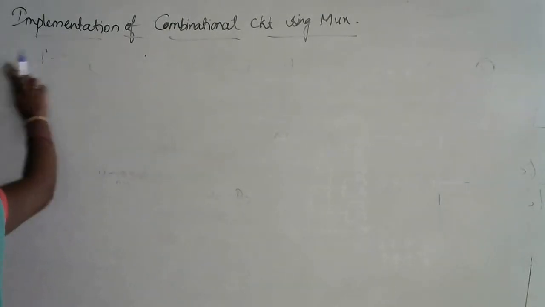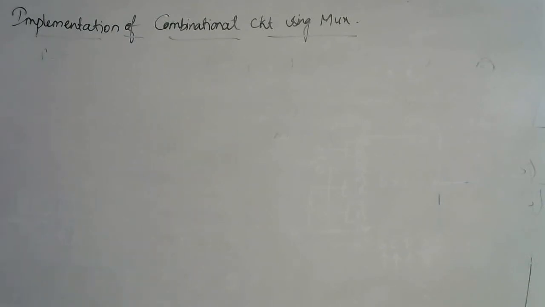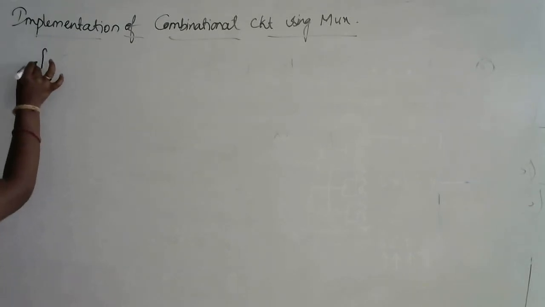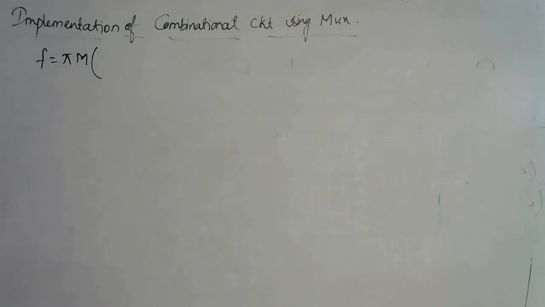Till now we have seen the SOP expression without don't cares. Now let us see the same SOP expression with the don't cares. So let me take down, before going for the don't cares, let me try to solve the problems with the POS also. So f is equivalent to pi m 0, 3,